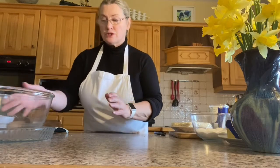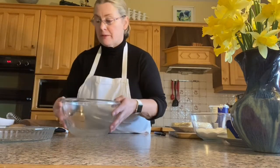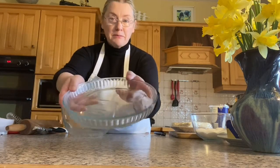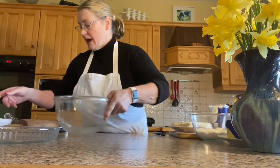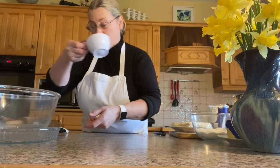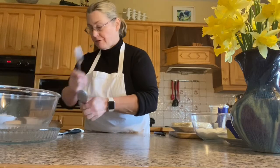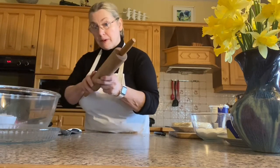So now we're just going to look at the utensils we're going to use. We're going to use a big bowl for mixing. We're going to use a quiche dish like that. It's about a medium-sized one. We're going to use measuring cups, pastry brush, a spoon, a fork, a rolling pin,